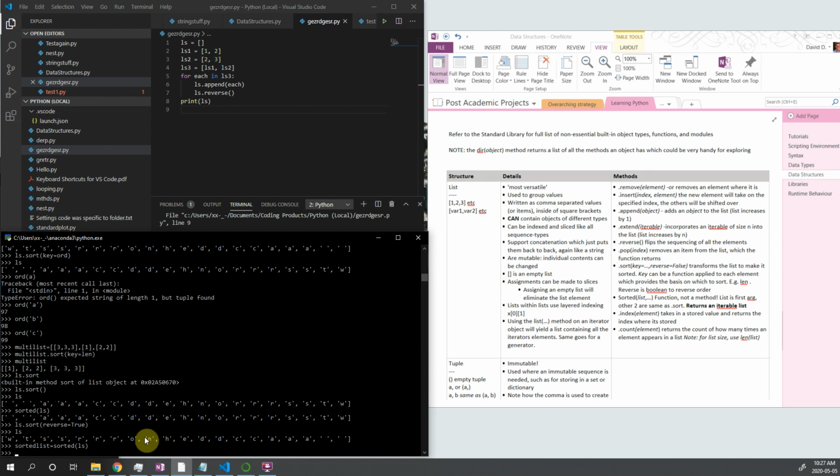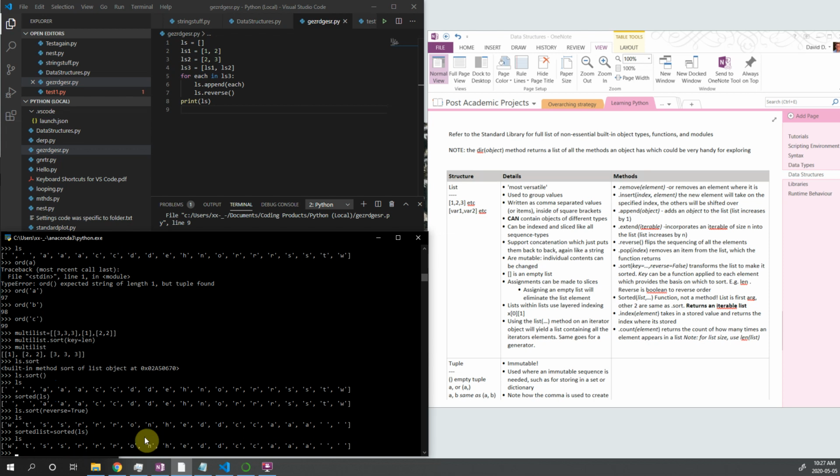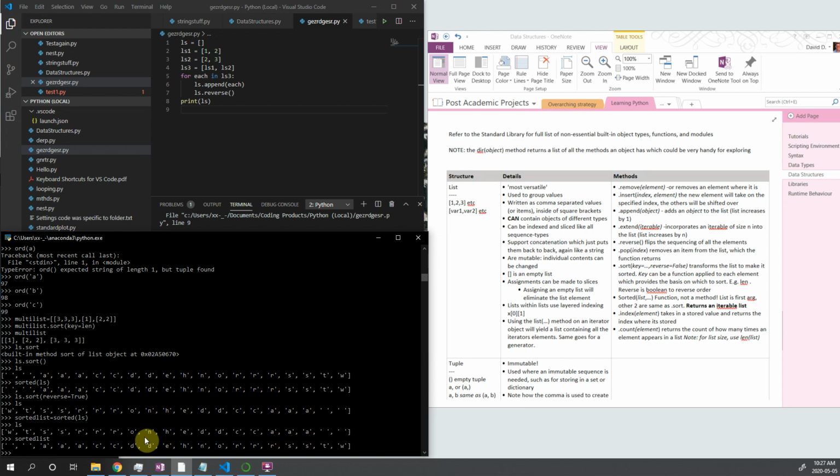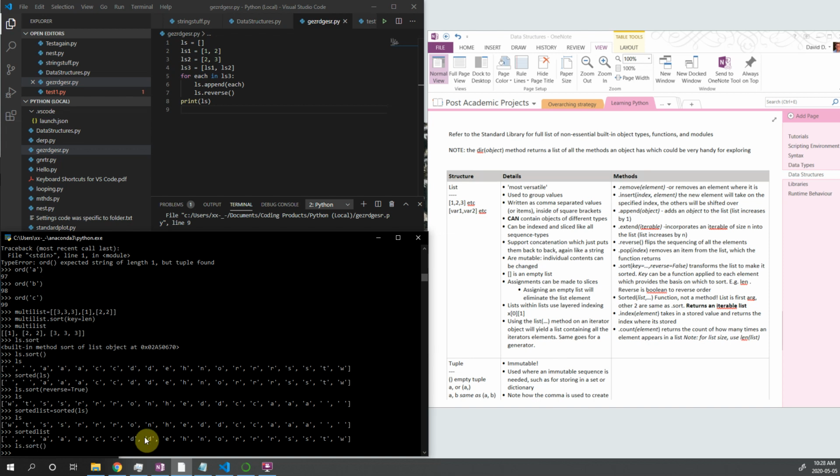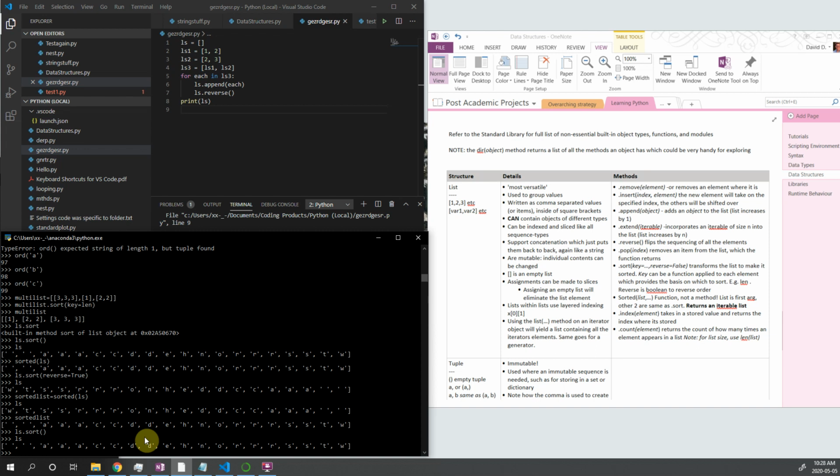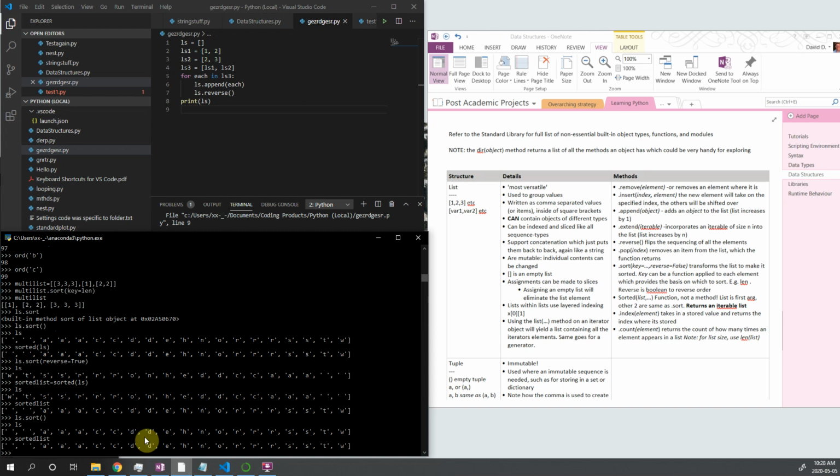So what just happened is that we have ls, which is still in reverse order. Now I have sorted list, a different variable, which is in regular order. Where the ls.sort method transforms your ls object, as we just saw, the sorted function